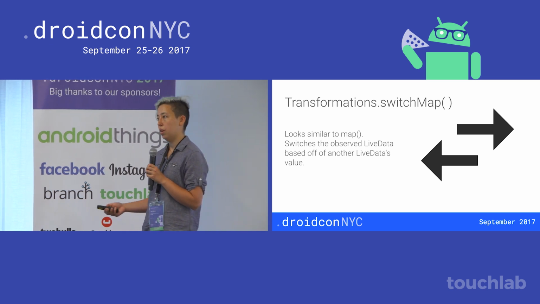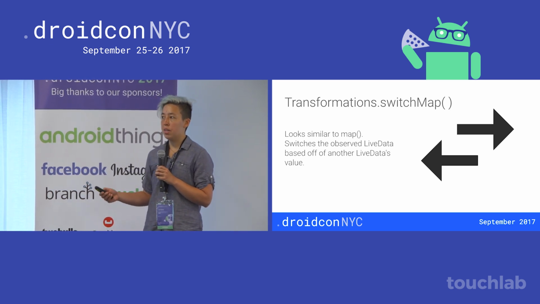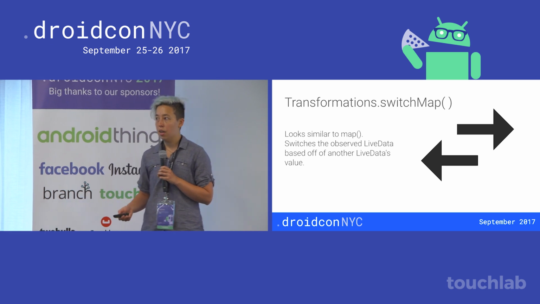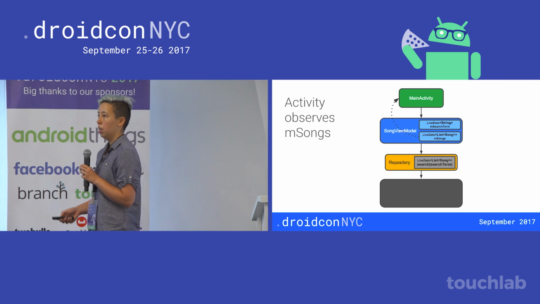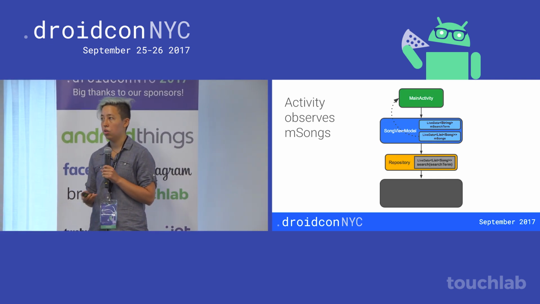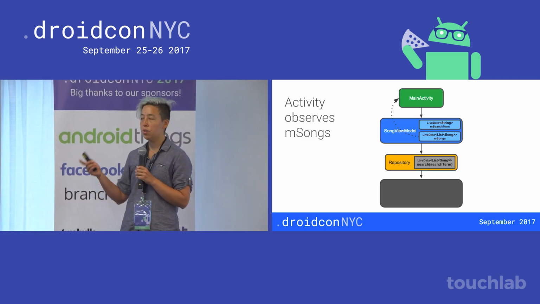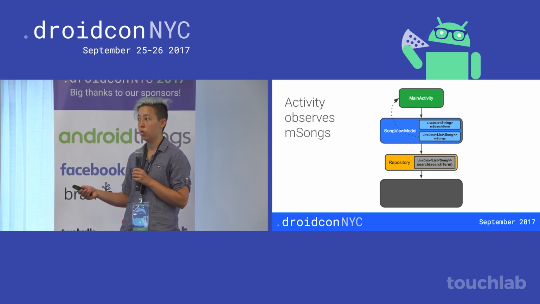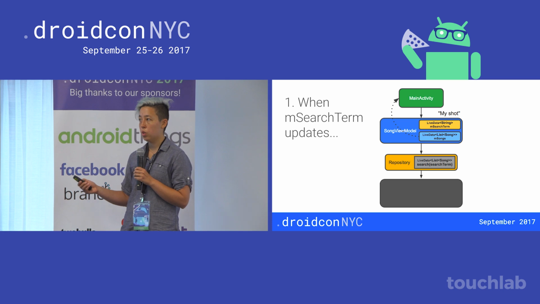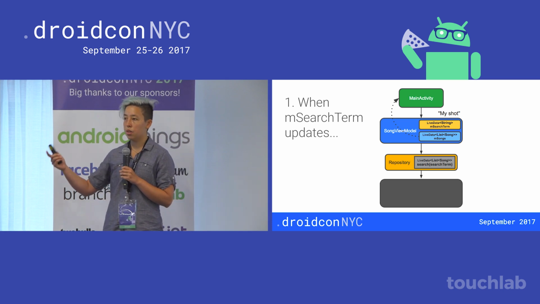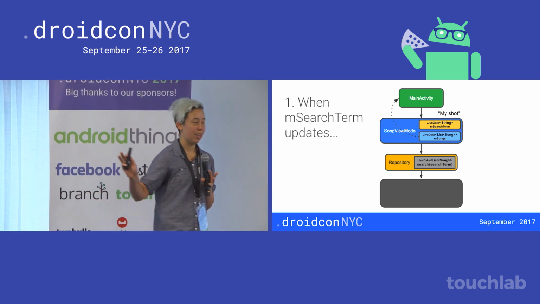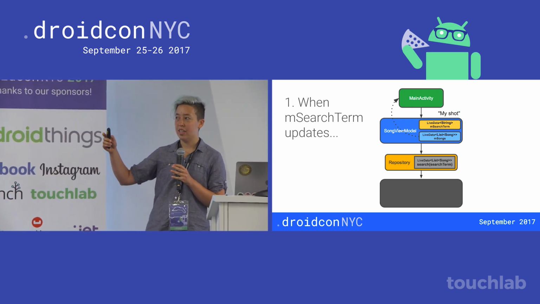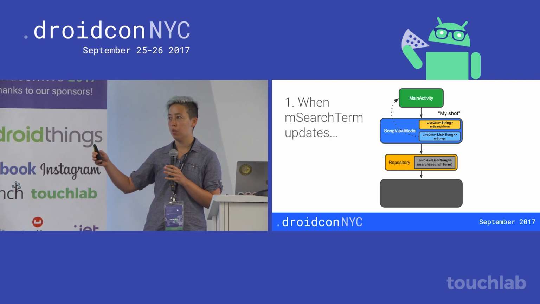SwitchMap looks similar to map, but what it does is it switches out the observed data based off of another LiveData that's emitting a value. Let's see what that looks like. In practice, and then I'll show you the code, you will set up a connection between your activity and your songs, where your activity is observing your songs. Then when switchMap is called, it's using the search term LiveData, and whenever the search term LiveData updates,